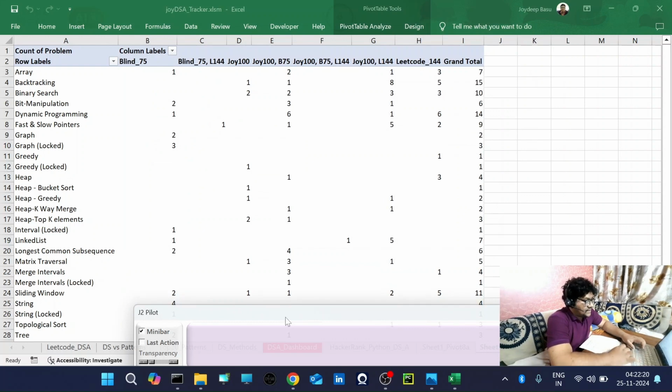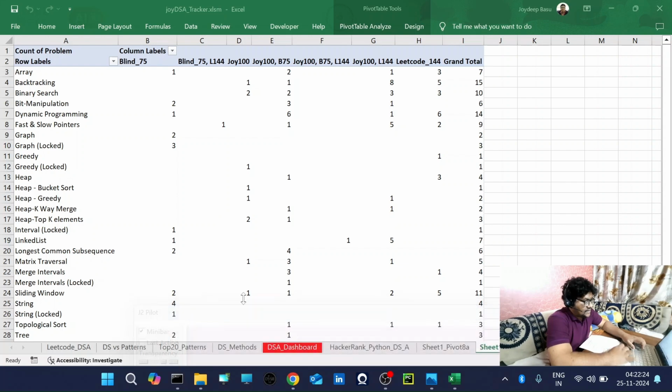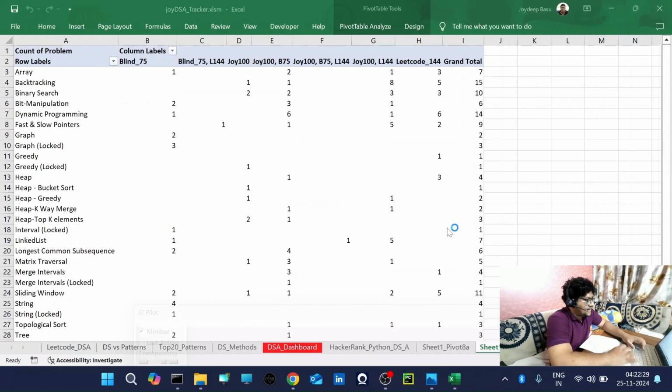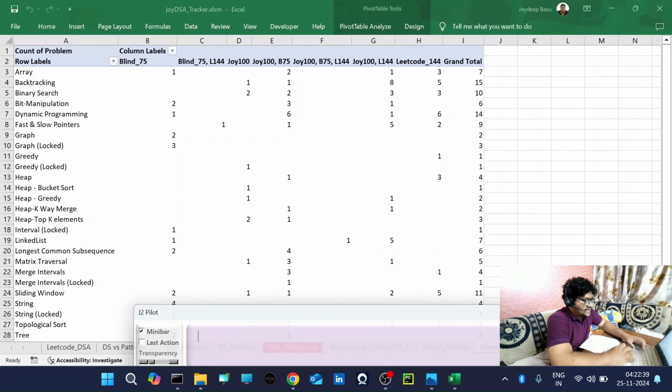Yeah, so it is basically here, if you see. All right, so it has built that pivot table. Okay, now let's try to add the pivot chart, and for pivot chart I first need to see